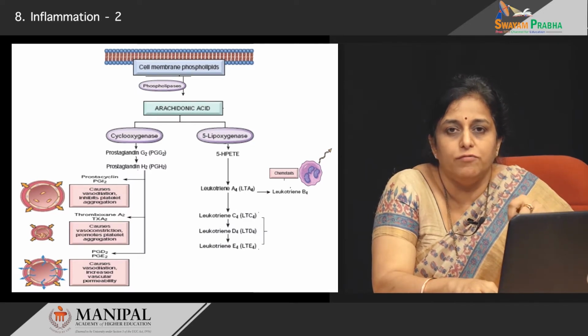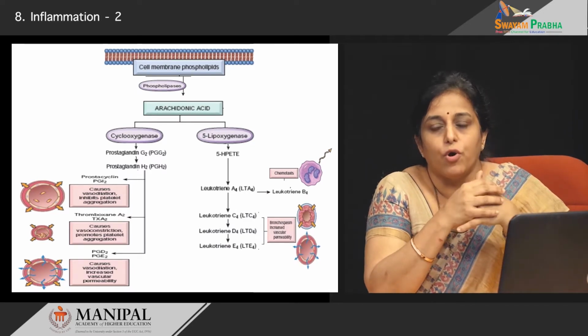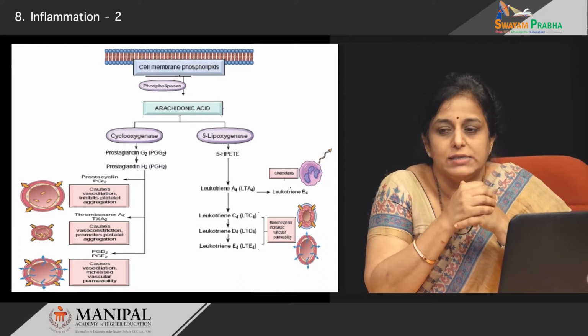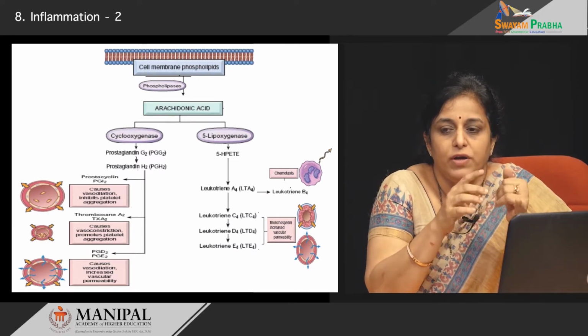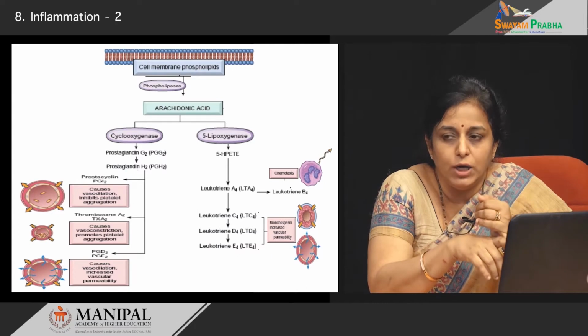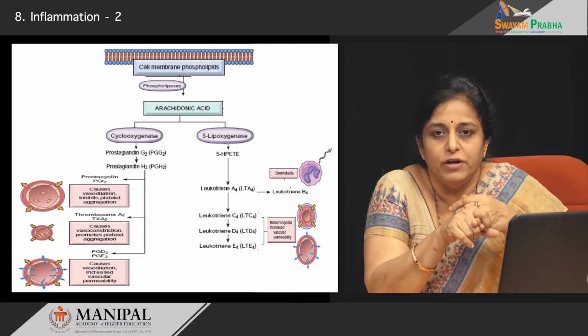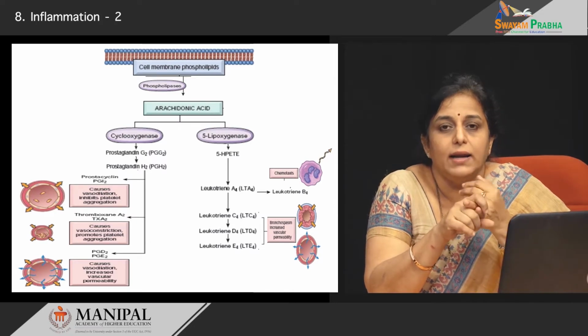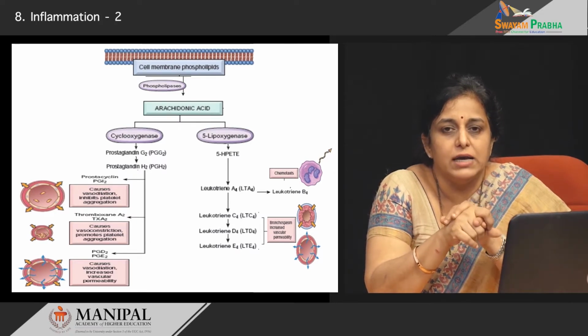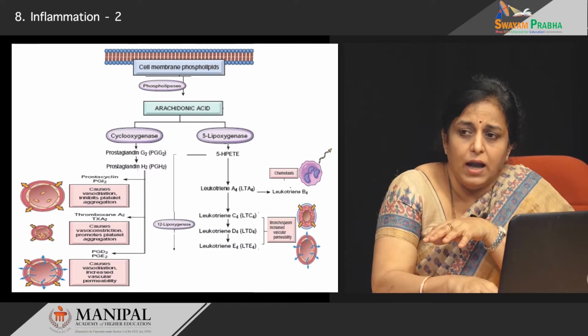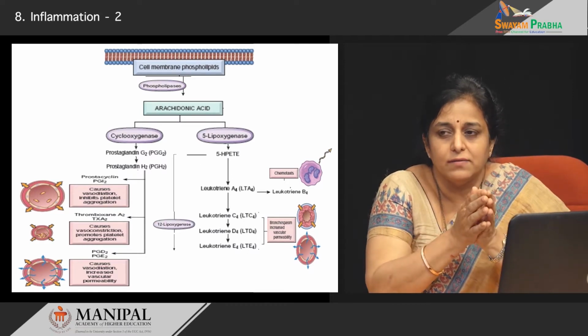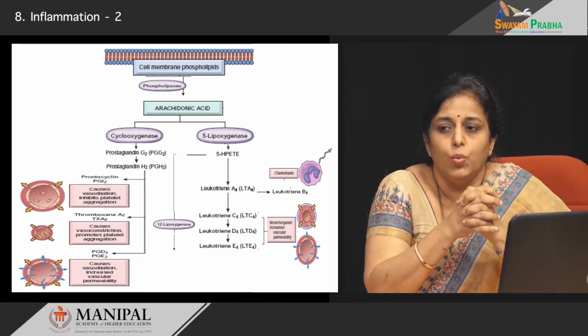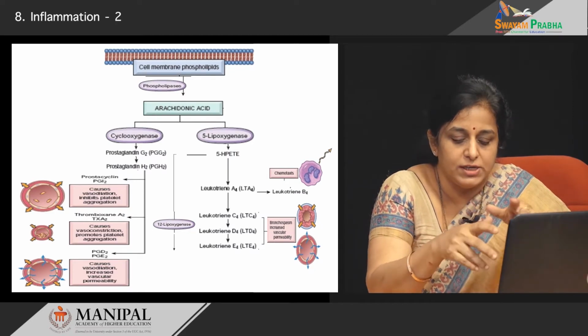Leukotrienes C4, D4 and E4 bring about bronchoconstriction and also increase vascular permeability. So, we learn here that PGD2 and E2 and leukotrienes C4, D4 and E4 result in increased vascular permeability, while LTB4 causes chemotaxis. I just told you there is a third, less important pathway, which is through the 12-lipoxygenase pathway,